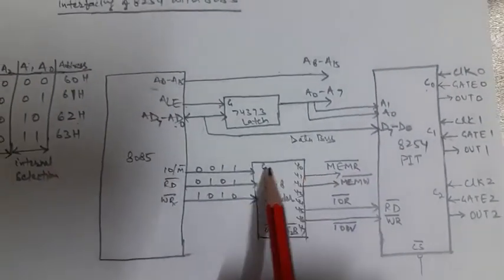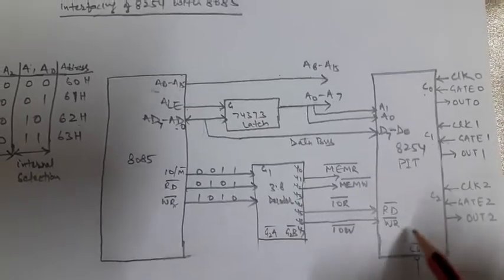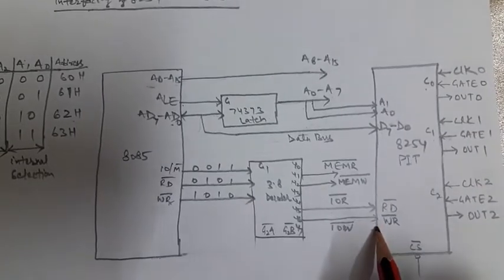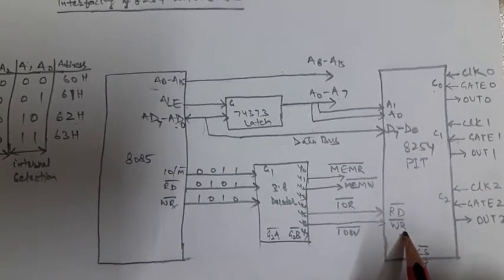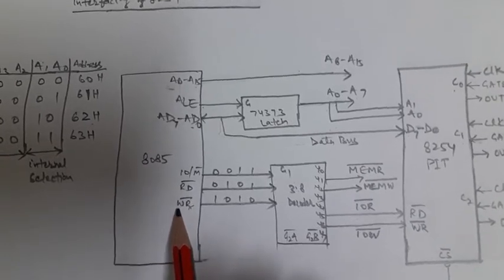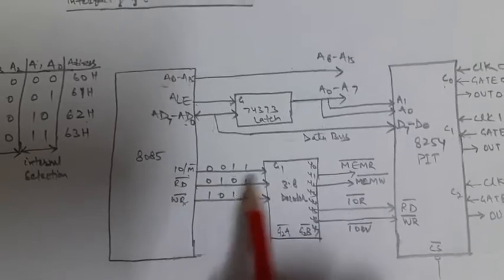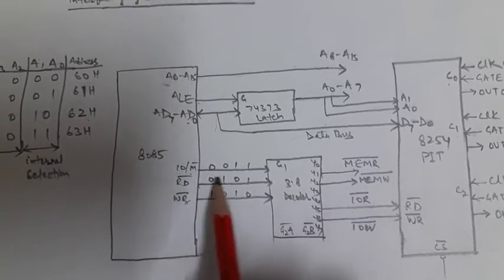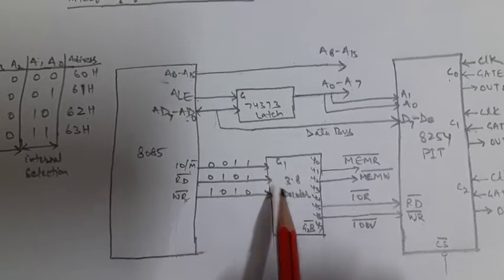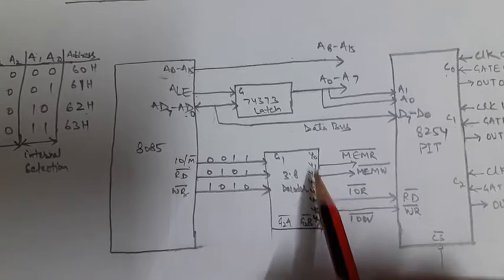Now this is the 3 to 8 decoder which we have used. Since this is an IO chip, we want the IO read and IO write signals to be connected with the read bar and write bar signals. The microprocessor has control signals. Out of those control signals I have used write bar, read bar and IO/M bar. Because it is a 3 to 8 decoder, these three signals are connected as input to the decoder, and the outputs are 8 active low outputs, Y0 to Y7.